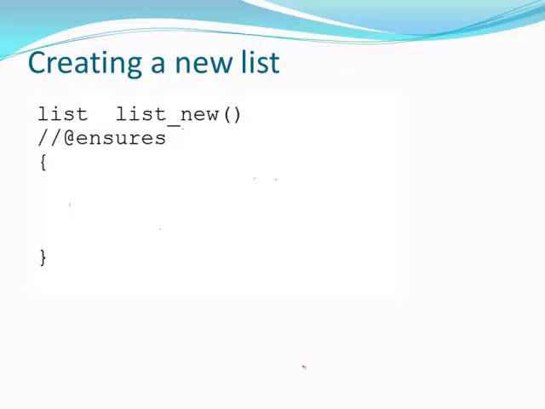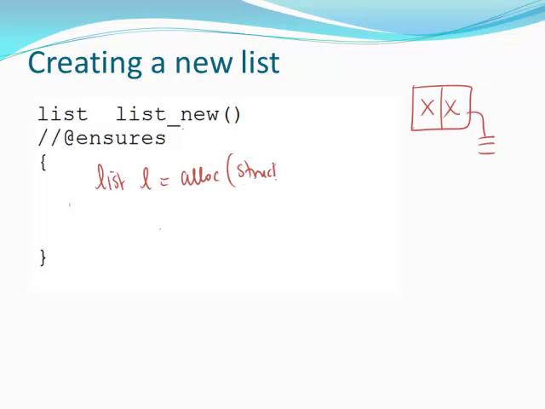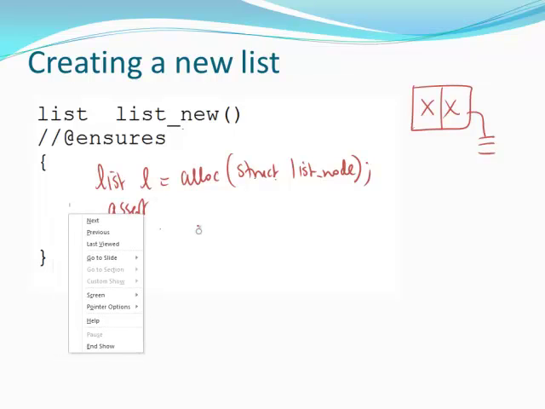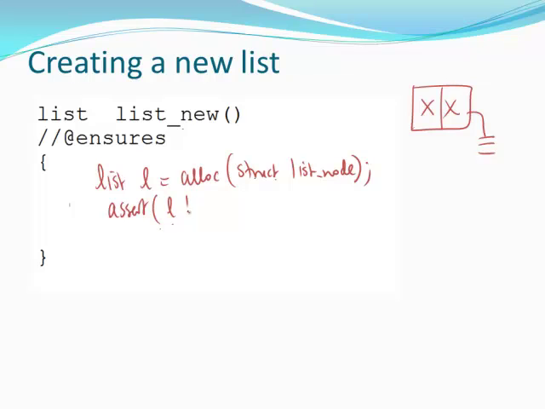Now, the first operation that we want to do is list new. List new means that I want to create a dummy node and then make this go to null. So let's start by creating a dummy node. List L is alloc struct list node. Let's allocate a dummy node,